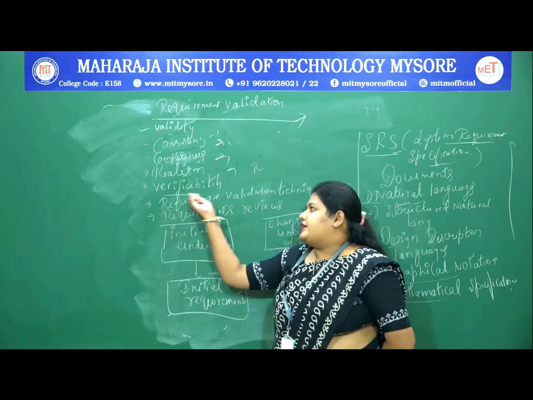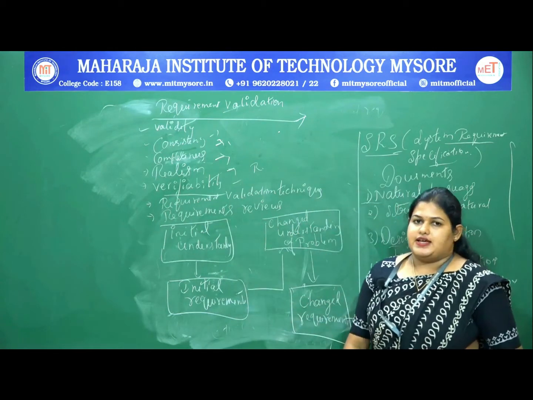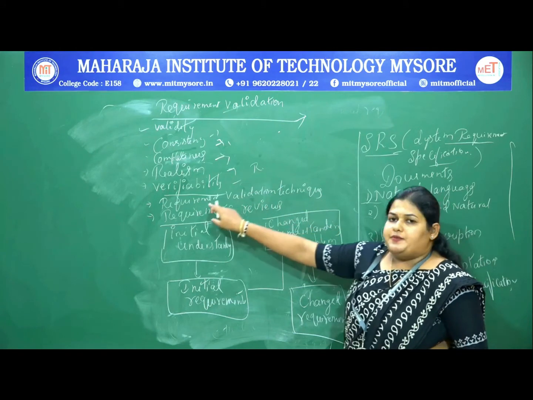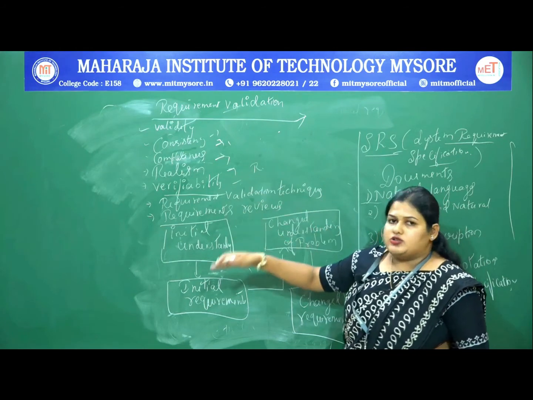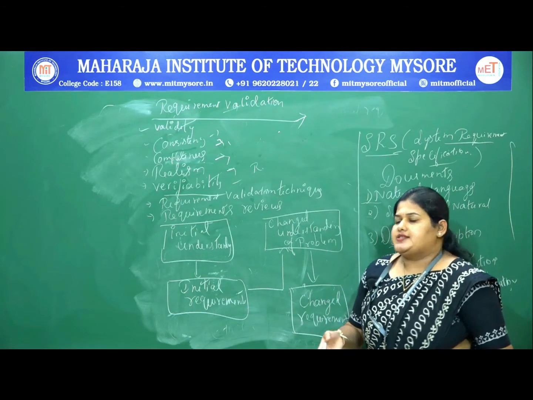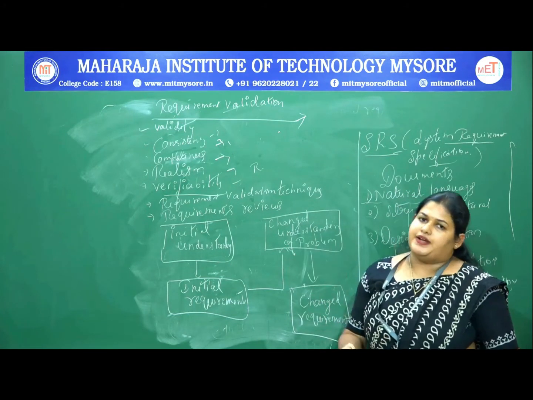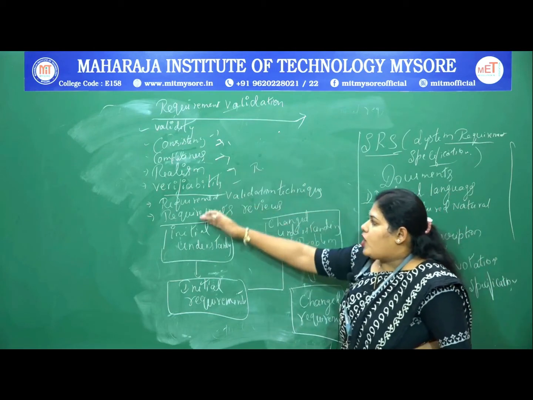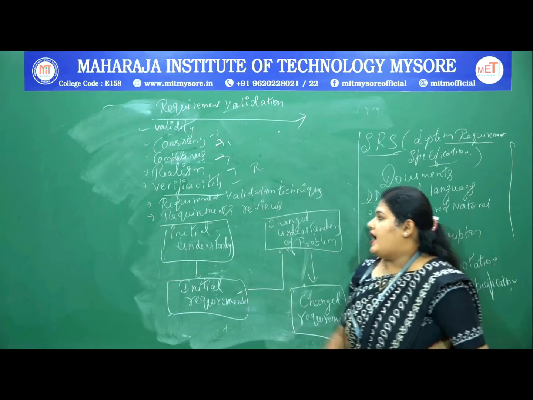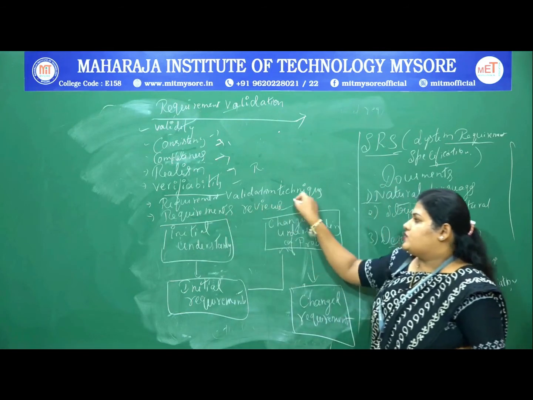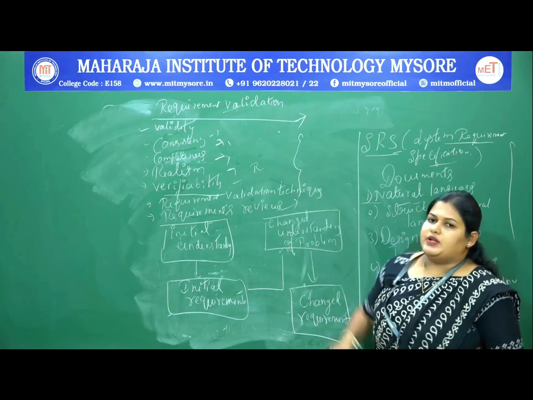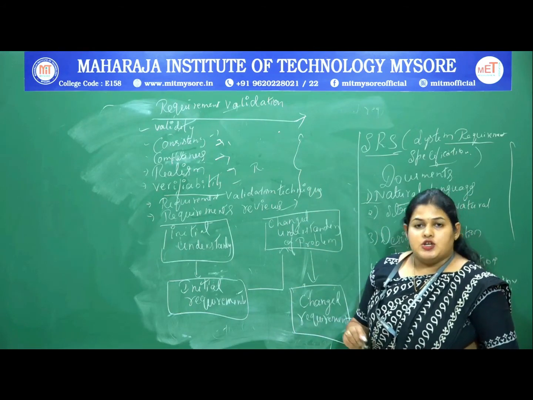Then verifiability, which is the last, the testing phase where it will be validated. We undergo the required validation techniques, as I said: it might be unit testing, integration testing, or alpha and beta testing. By doing all those tests, each requirement will be validated, and the requirements reviews will be done in the last phase. On the basis of these points we come to the conclusion.